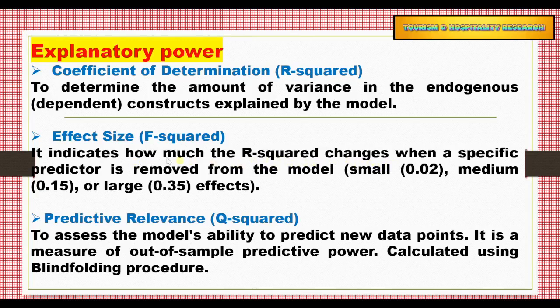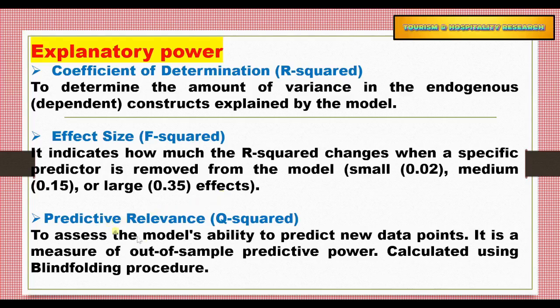That means an independent latent variable is removed from the model, then how much is the change in the R square value. So small effect size is denoted by 0.02, medium is denoted by 0.15, and 0.35 denotes large effect